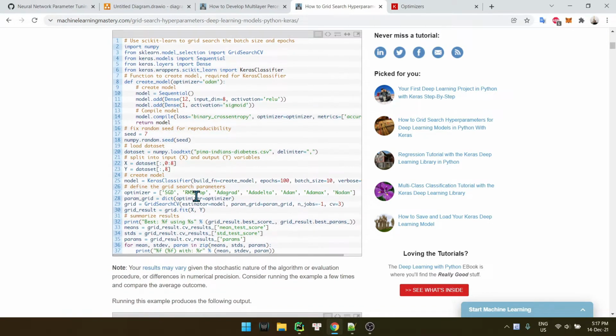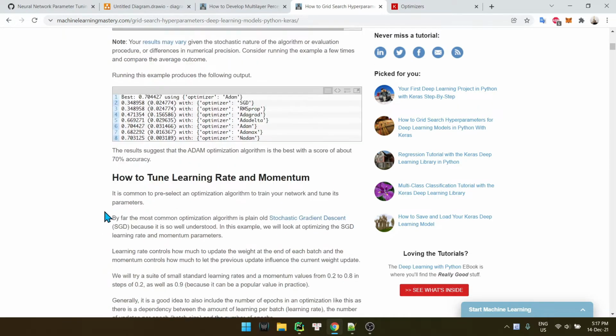Yeah, I don't see it here. How the hell is it still running?